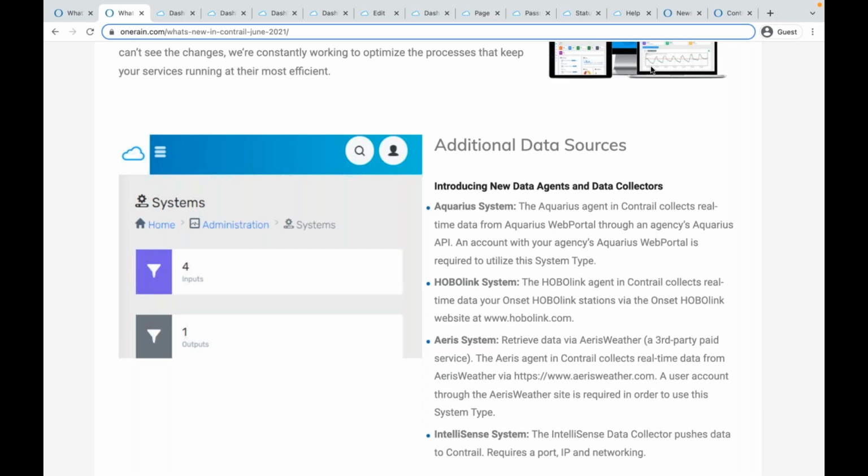One of those is through the Aquarius system, Aquarius web portal. If your agency has been collecting data through those additional systems, we do now have the ability to integrate that data and source that through Contrail as well. They have an API that we use, and we're able to query that and draw that data in and further expand upon that. And we have a couple of clients who are already using this and have reported back great